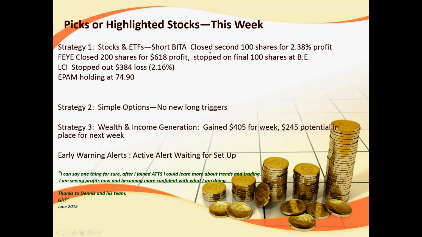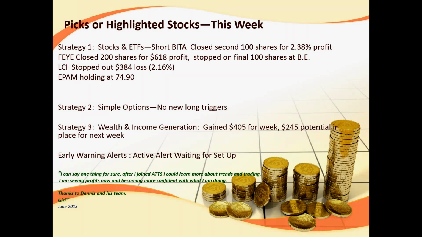Strategy one, we were short beta on Rapid7, we closed out our second 100 shares for a profit of 2.38. We had a profit of about 5+% on the 200 shares that we were short. FireEye, we had 300 shares. We got a nice bounce, sold two-thirds of the position out at 6.18, and bam, it gets stopped out at break even today. I want to thank Lyle Wright for asking the question that I covered last night in the market update about bringing up your profit protection stops.